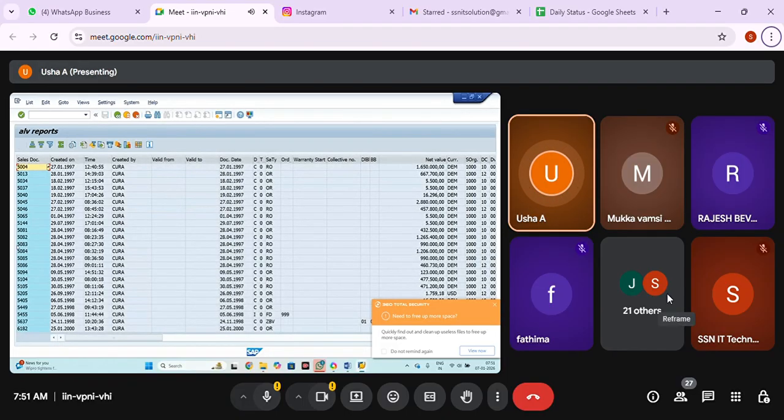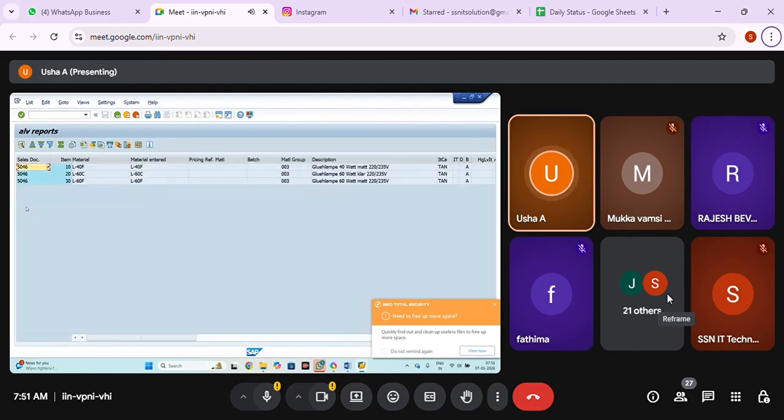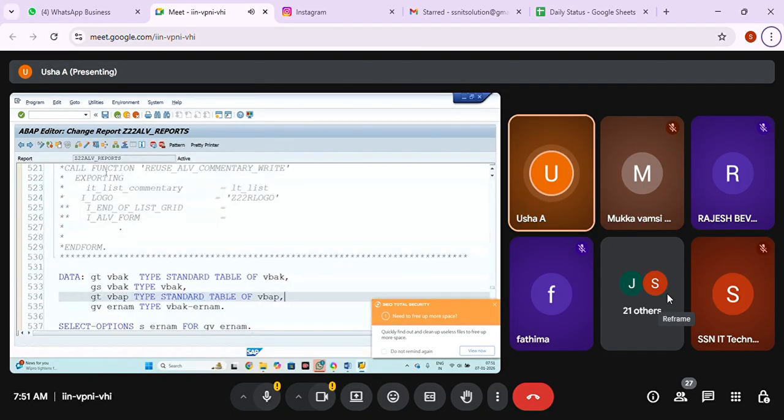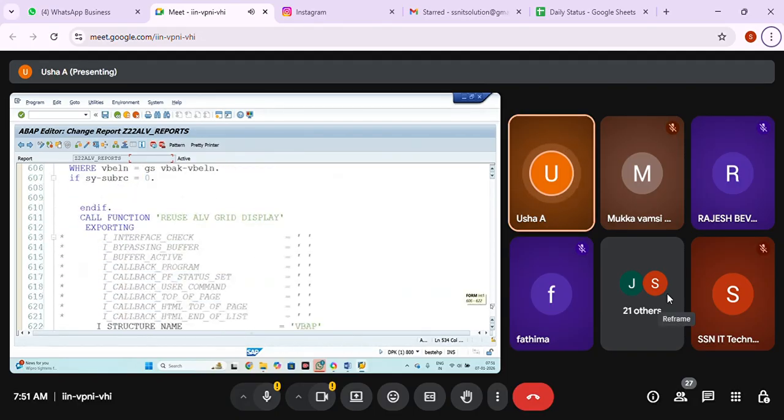You will get the output. You can see this. When I'm just double clicking on that, it is taking me to the next. Now, if I'm double clicking on the material, then I need one more interactive list. How to do that? Now, where you're going to double click? In the secondary list, means how the display is happening by using reuse LV grid display for MARA VBAP.